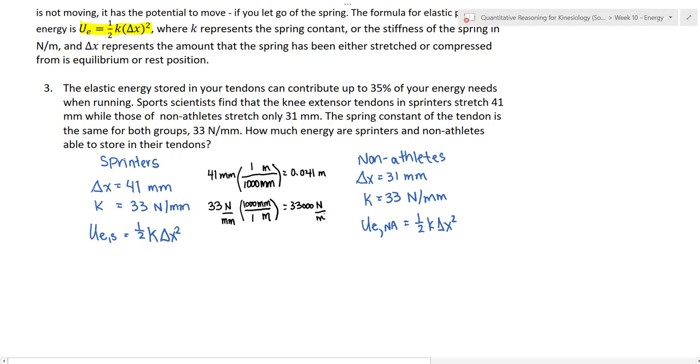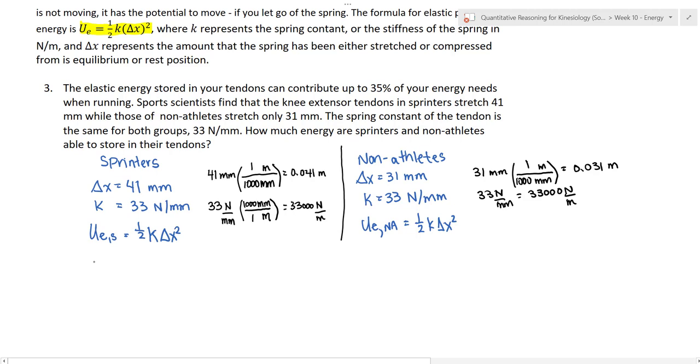Okay, so I'm going to do the same thing for the non-athletes. I have 31 millimeters converted over to meters. So I have 0.031 meters, and then my K value is still 33,000 newtons per meter, because it's the same as the value for the sprinters. Okay, so now that we have that information as SI units,